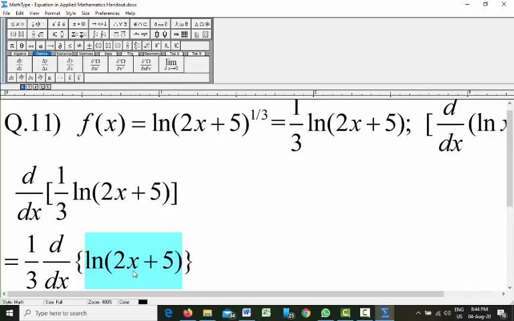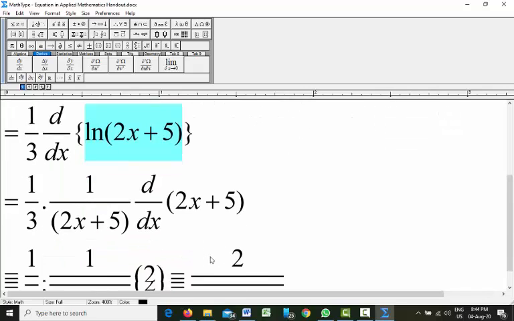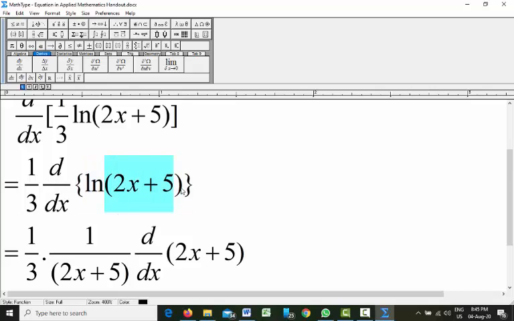So if you do differentiation of this one, remember the difference: if you see that ln is there, and if you have something in front of ln along with the variable, then if you are doing differentiation of the ln, whatever you have in front of ln will go to the denominator. So we will have 1 by 2x plus 5. In front of ln we have the bracket 2x plus 5.